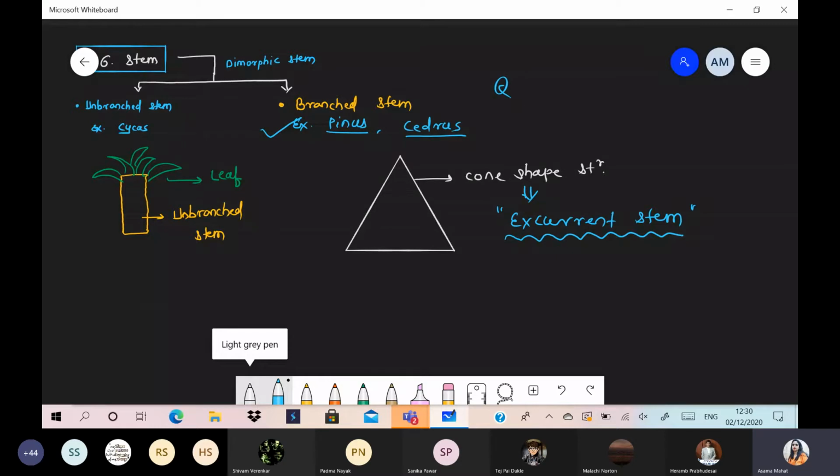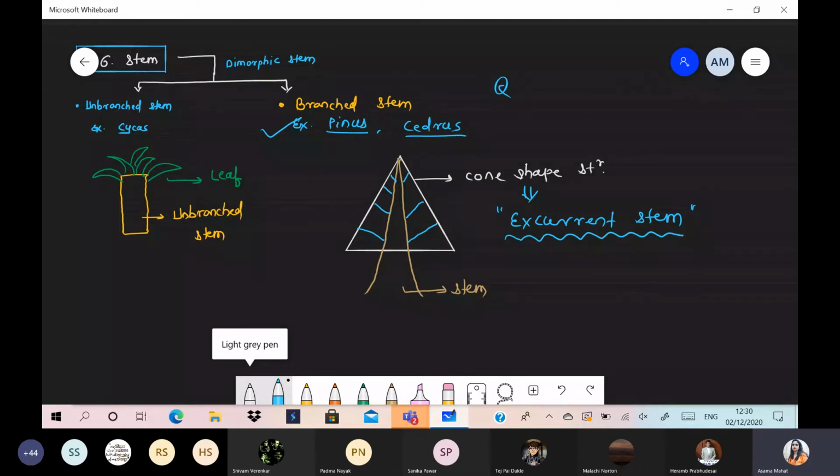Normally what happens in the case of pinus or the Christmas tree? Suppose this is our tree. Okay, these are parts of the stem, the main stem. Now, this main stem has branching. Branchings are present: lower branch, higher branch, long branch, small branch. So there is a presence of branching, which we draw here, represented by this blue color.